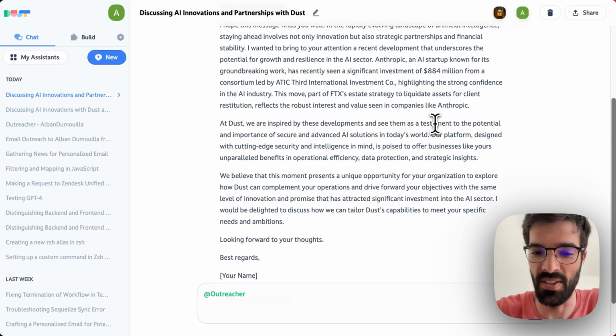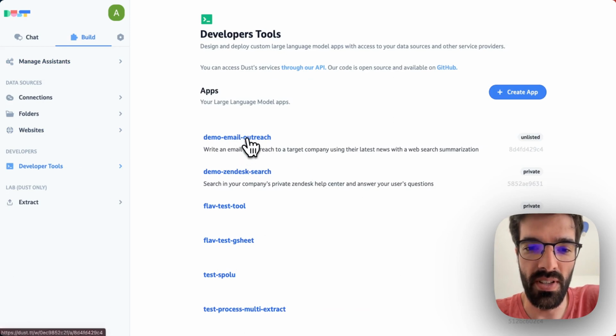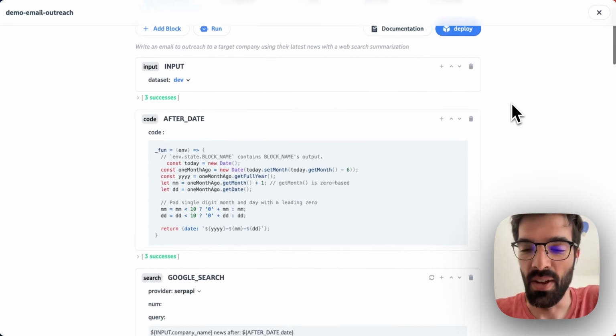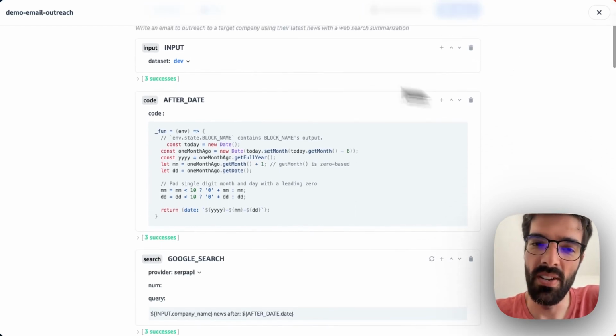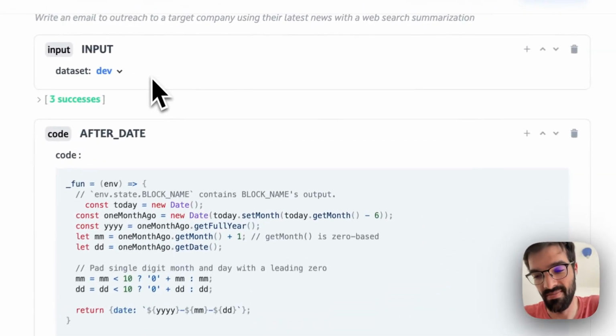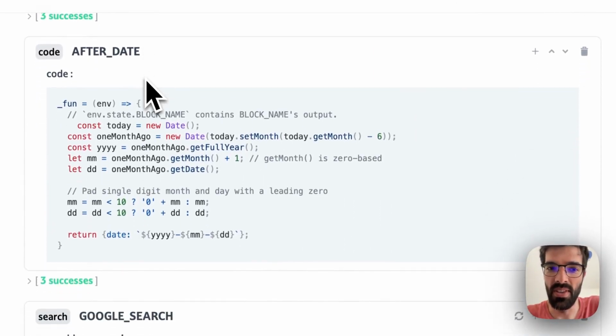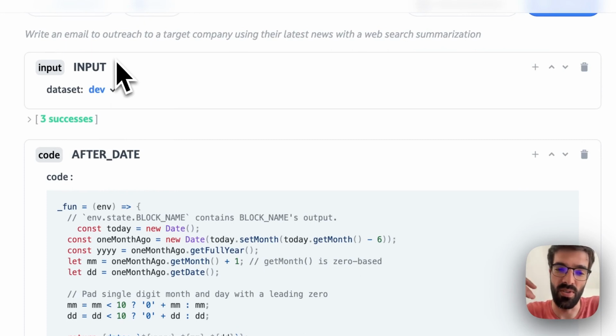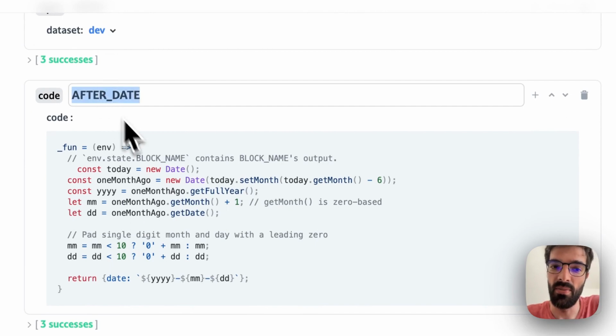We'll see how it works right now. So basically, we're going in the developer tools of Dust, and we've got a demo email outreach app that allows us to build all this. So what's happening right now is that I've got my input, which is the user input, and then after that, a Dust app will be able to run different blocks of code or actions basically. And the first one is a code block that is taking today's date and going back